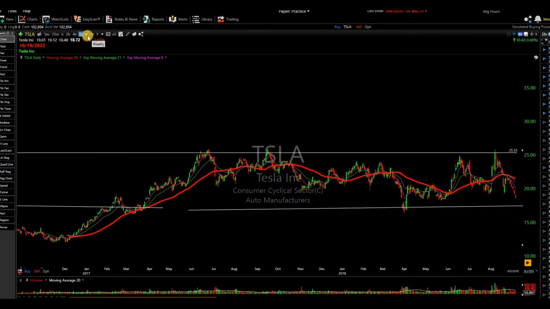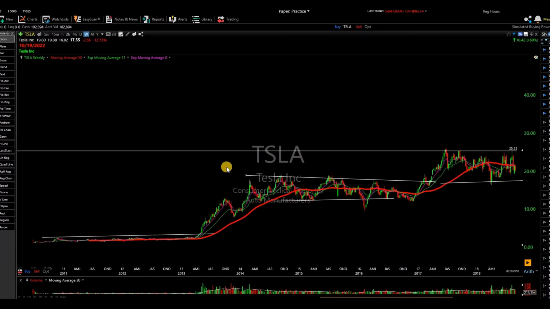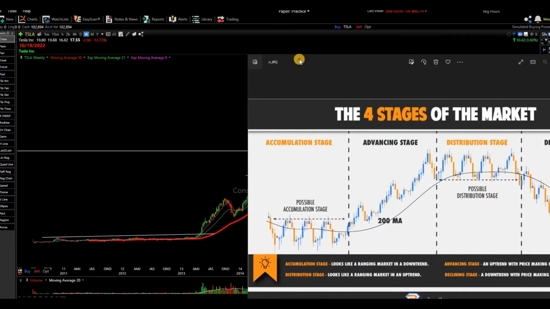So what I really urge you to do, if you just started trading, man, every time you look at a stock, and I'll keep saying it over and over, look at the stock. First thing you look, if this is like a daily, man, look at the stock on the weekly, and it will give you an idea on what's happening. That's the first thing. You plug that on the weekly, and then one thing I would urge you to do,